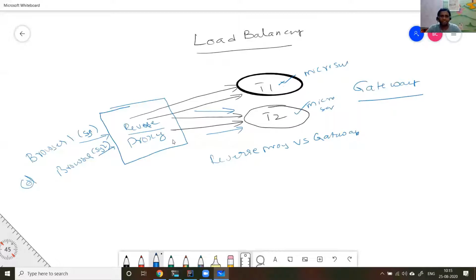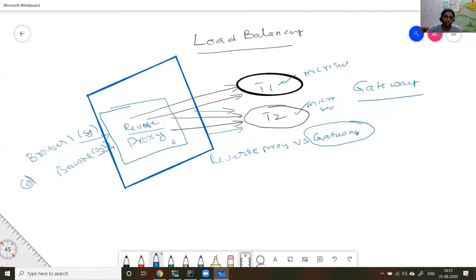I'm not going to go into the microservice architecture and explain, but simply, in the microservices world, we have a gateway, which is nothing but bigger than a reverse proxy. It does not only do the reverse proxy, it will play a major role. So gateway is the one which gets all the requests. Reverse proxy is one component of it, one feature of the gateway. So gateway is a bigger one.